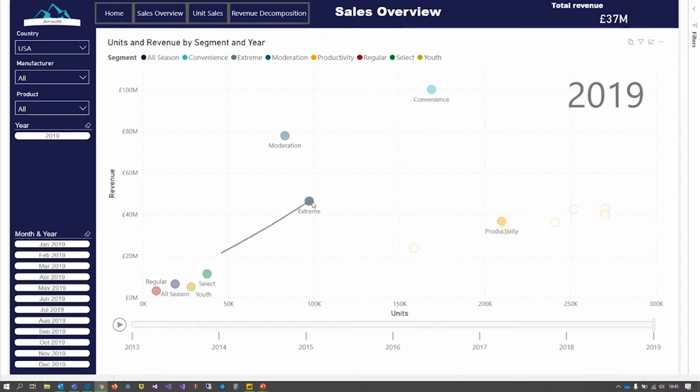So I can then look at something like extreme product category, whereby it's a pretty linear 1-for-1. As units increase, revenue increases. So that's maybe a more profitable category. Moderation, this category hasn't increased very much in units, but it has considerably increased in revenue. So we're only shipping another 50,000 units, but we've roughly doubled the revenue. And then obviously that can be drilled down and